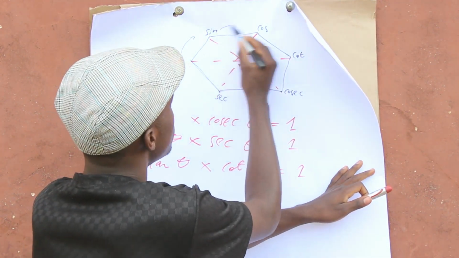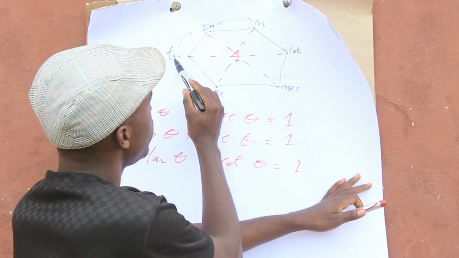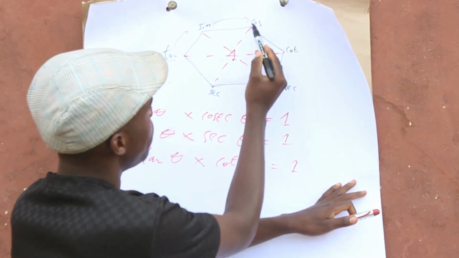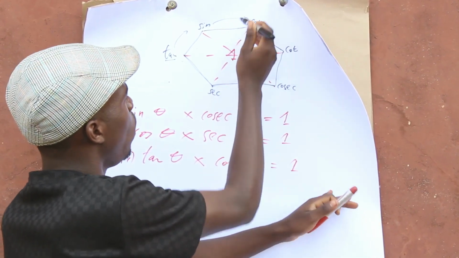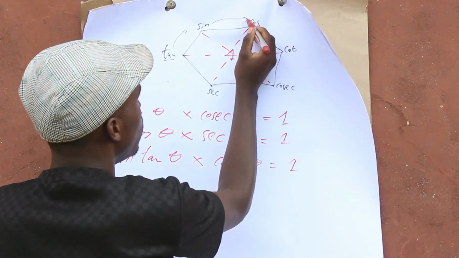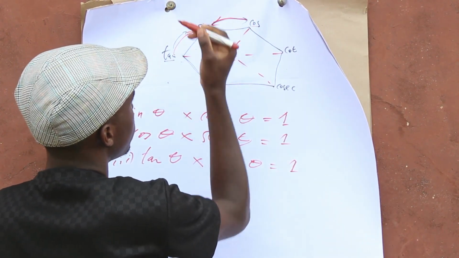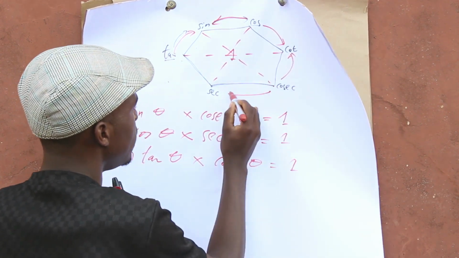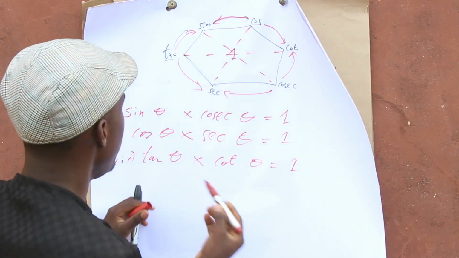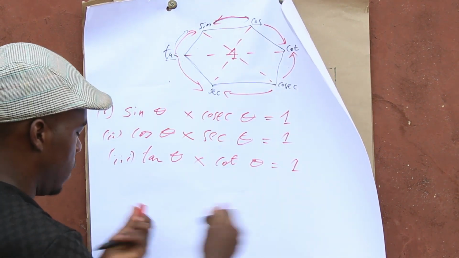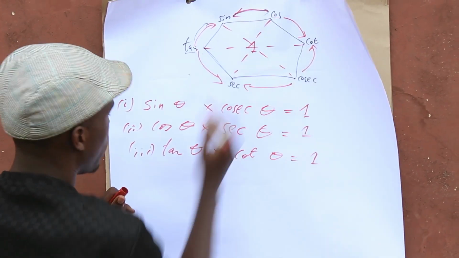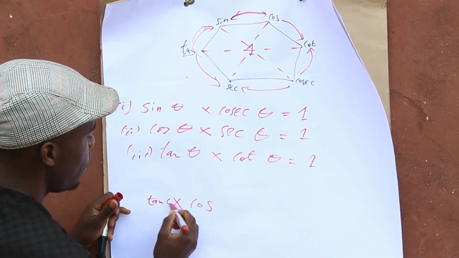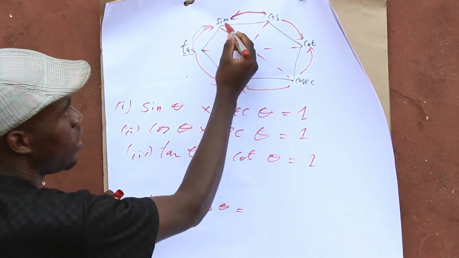So if you are going clockwise like this, the product of 3 continuous functions, so if we take this one, tan multiplied by cos, the answer is what's in the middle. In short, you do this, and here you do this, and here you do this. So tan theta multiplied by cos theta, the answer is what's in the middle,